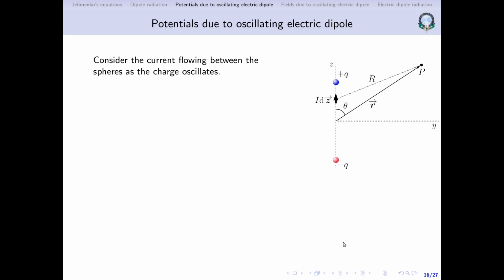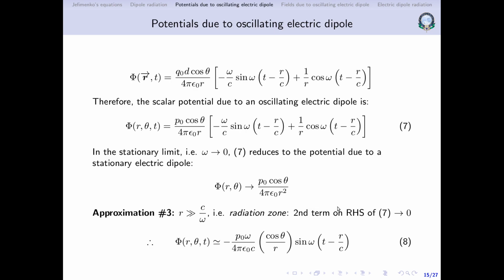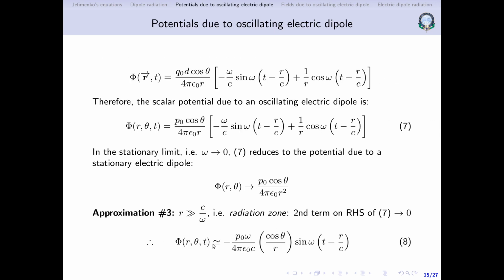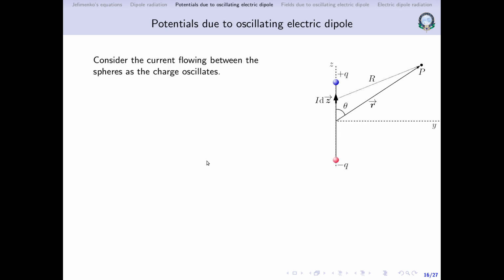Now the next challenge is to find the vector potential. Believe it or not, finding the vector potential is much easier compared to finding the scalar potential. Even though we have this misconception that working with scalars is much easier than working with vectors, in this problem finding the vector potential is much easier. This is how we do it.